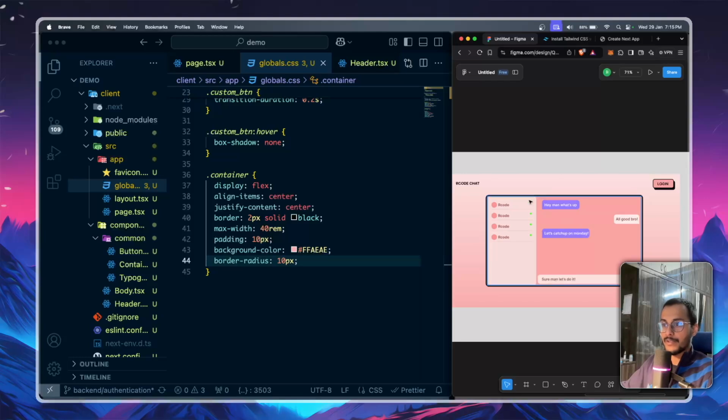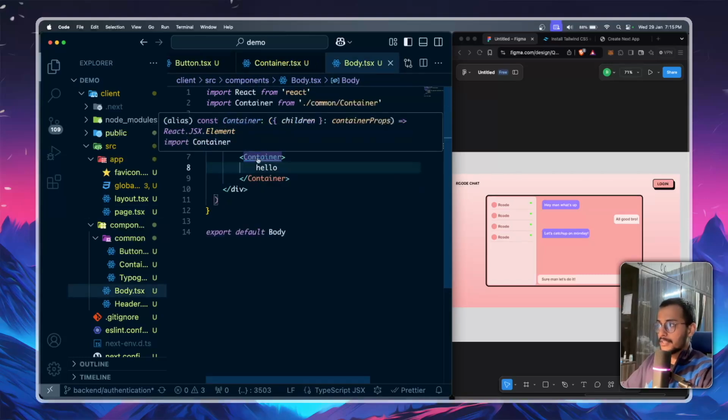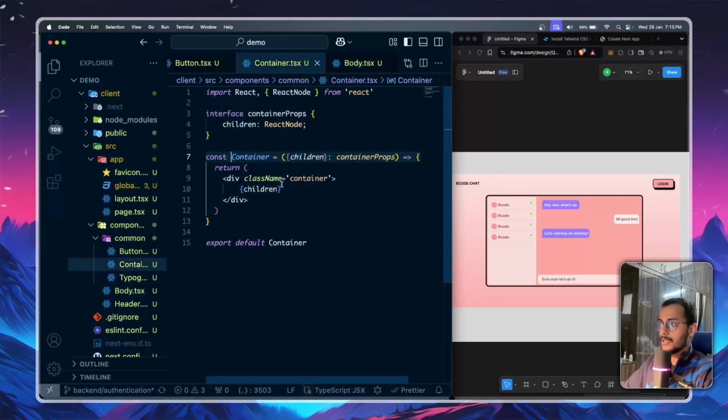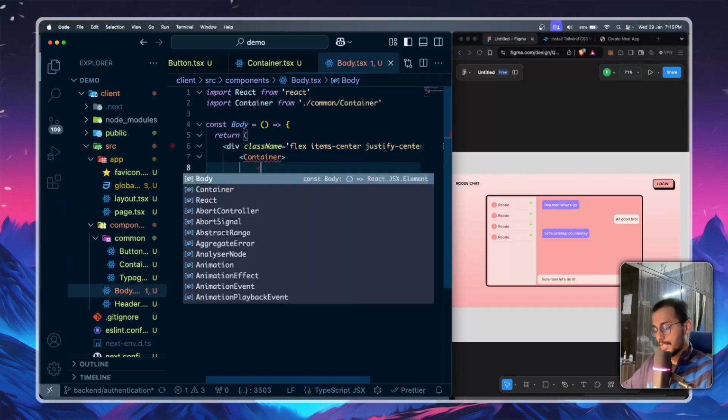So let's do a flex, and this will be containing 30% or 40%, and this will be 60 or 70/30, whatever we can separate. In the body we'll have a container. Container has this properties and background also. Now we will create it inside this only. Let's create a div